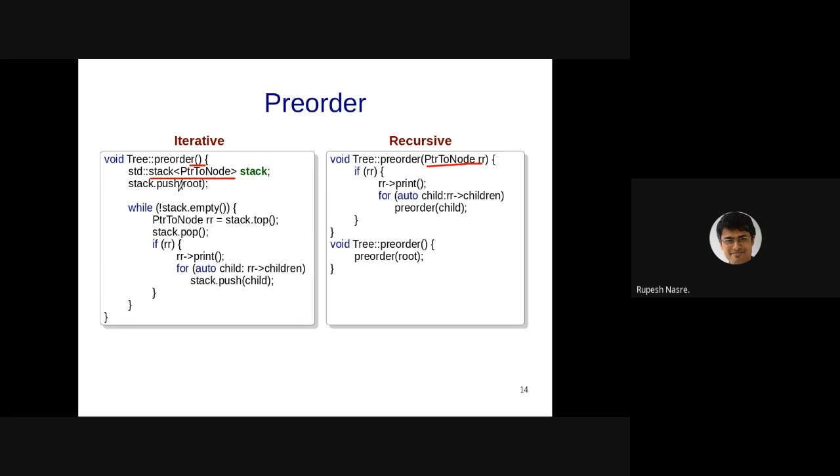So initially I push the root to the stack so that I can just have this condition that while the stack is not empty, I'm going to remove the top element from the stack and then process it. What do we mean by process it? Well, I remove this element and process it, meaning I print it, because I'm talking about pre-order, and then print its children in the same order.